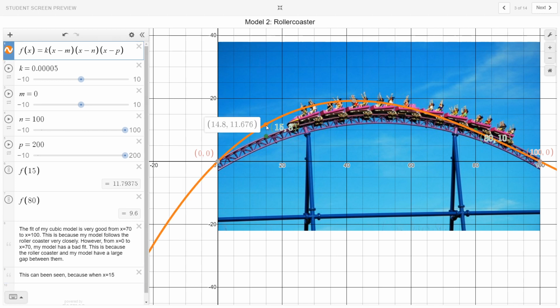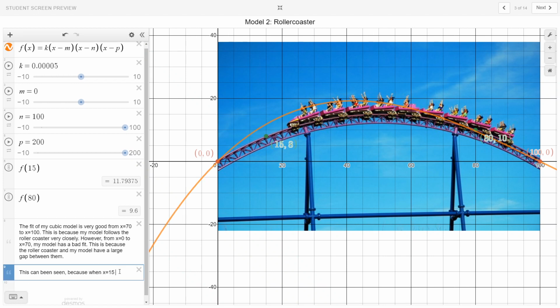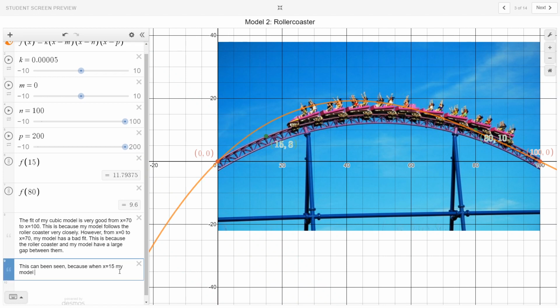It doesn't need to be 15, but when x equals 15, my model is at 11.79. I'm going to just write 2dp there. My model is at 11.79,